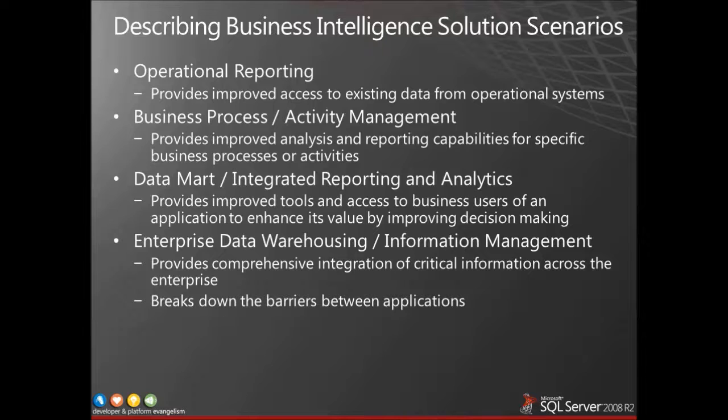Let us talk about operational reporting. Simply by adding a suite of operational reports on top of an existing application that is delivering business intelligence, you are